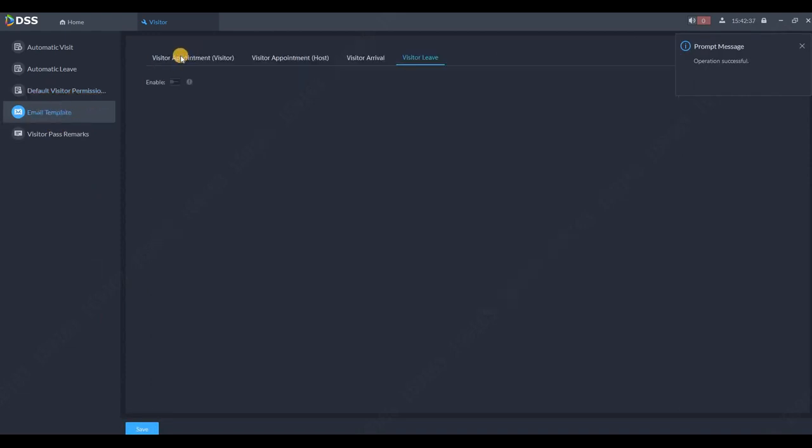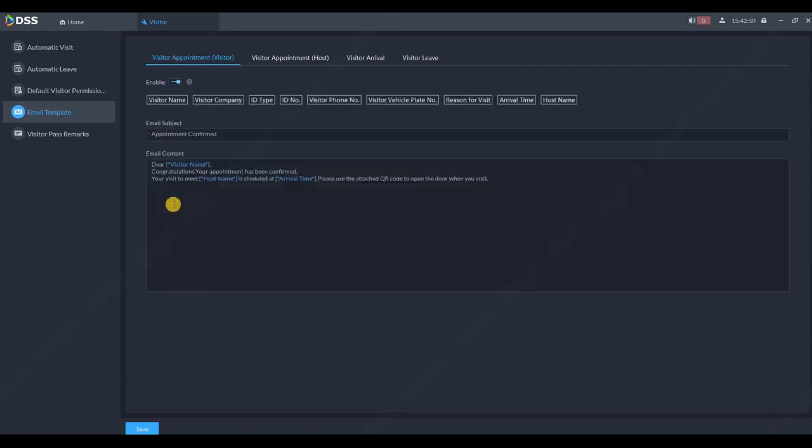What is the email template? Of course, first you need to connect the DSS with your email account, either Microsoft Exchange or your Gmail account. I already created a video for that. Then you need to enable that. There is something which is already pre-typed, but of course you can change it. For example, a visitor appointment is created and this email is sent to the visitor. Park your car on Dahua parking lot. So whatever you want to send him,